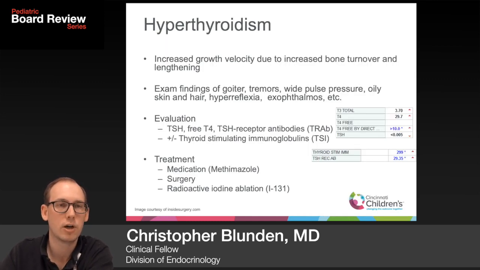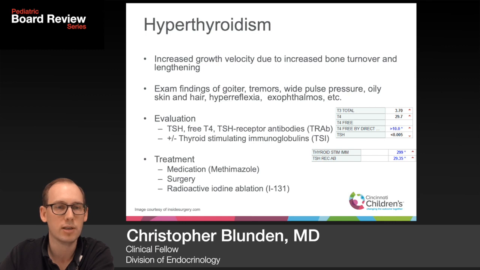Hyperthyroidism is another potential cause of increased growth velocity, and this is due to increased bone turnover and lengthening. Exam findings in hyperthyroidism could include goiter, tremors, wide pulse pressure, oily skin and hair, hyperreflexia, and exophthalmos. We usually say in the endocrinology clinic that these are patients that you can walk in the room and tell immediately that this is the diagnosis, because they're so tremulous and worked up and anxious